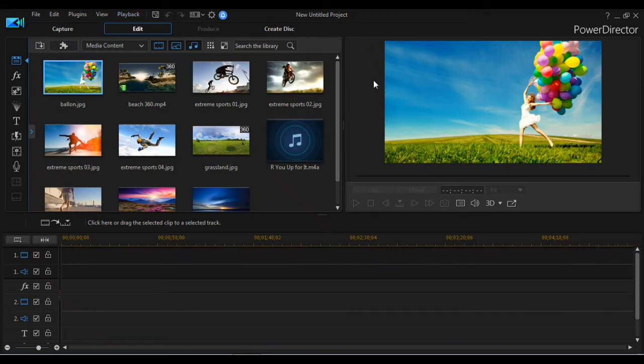So hi friends, today I'm going to teach you a simple tutorial for the basic editing. We will do like 5 parts, and today I'm going to show you part 1. In part 1 the tutorial will be how to add a video, then how to split and trim, then how to add background music and add text. So this is what we are going to do in part 1. Without wasting any time, let's get started.